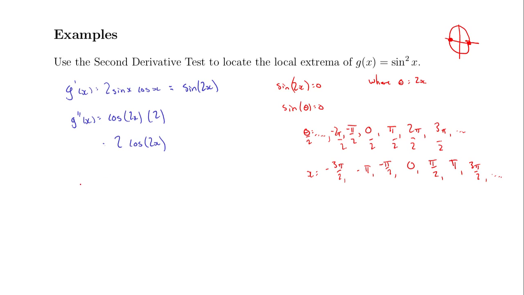And now the nice thing about this is that if we try and evaluate the second derivative here, for all of these x values, it shouldn't be too bad. We're going to multiply things by 2 again. So we can just think about those values that we had. And then we're going to look at the cosine, and all we care about is the sign, positive or negative here. So multiplying by 2 doesn't really matter. I'm going to look at a unit circle and plot these angles again. They're going to be here and here, right? So they're going to be right here and here when you multiply them all by 2. And so all the ones on this side have a positive cosine, and all the ones over here have a